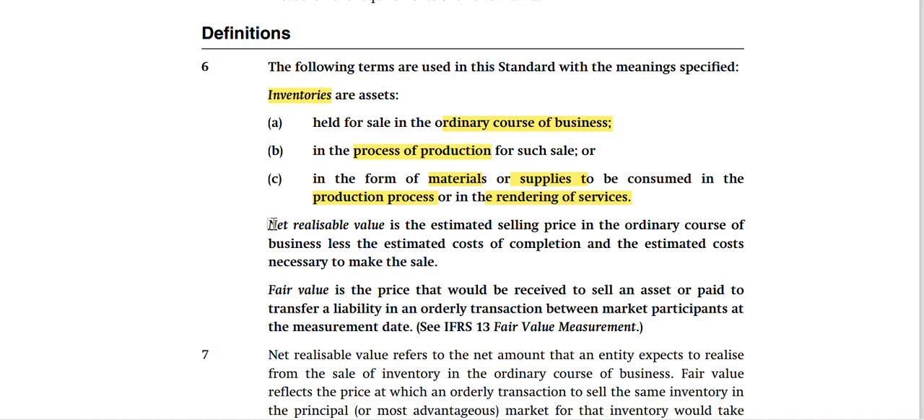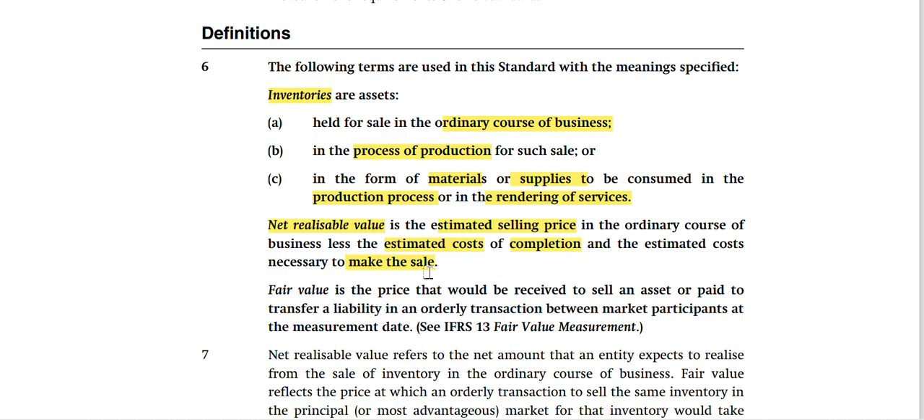And then the next important word that you need to understand in the inventory standard is what we call net realizable value. It is the estimated selling price in the ordinary course of business less the estimated cost of completion and the estimated cost necessary to make the sale. So now what is this net realizable value? It is the estimated selling price, what you sell the product for in the ordinary course of business, less the estimated cost of completing this inventory if it was still in the production phase, and any estimated cost necessary to